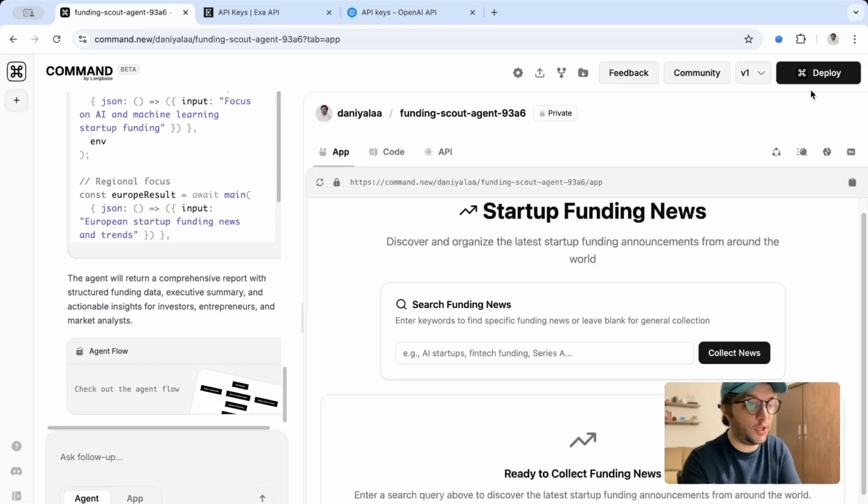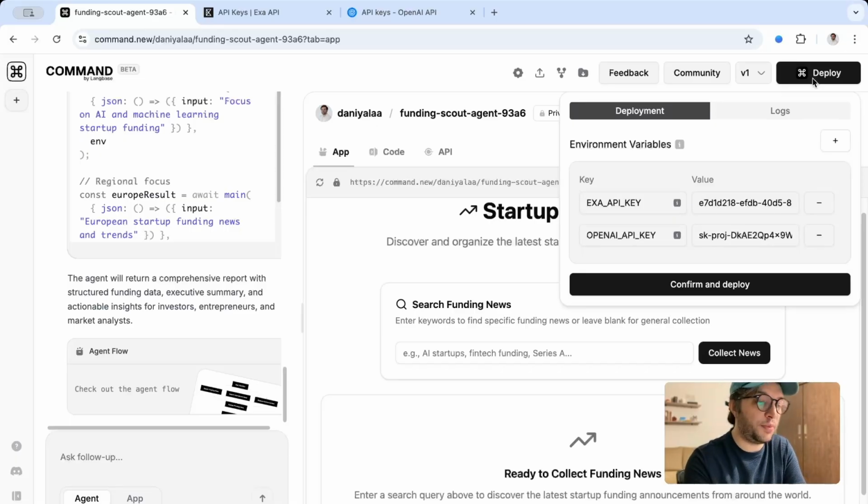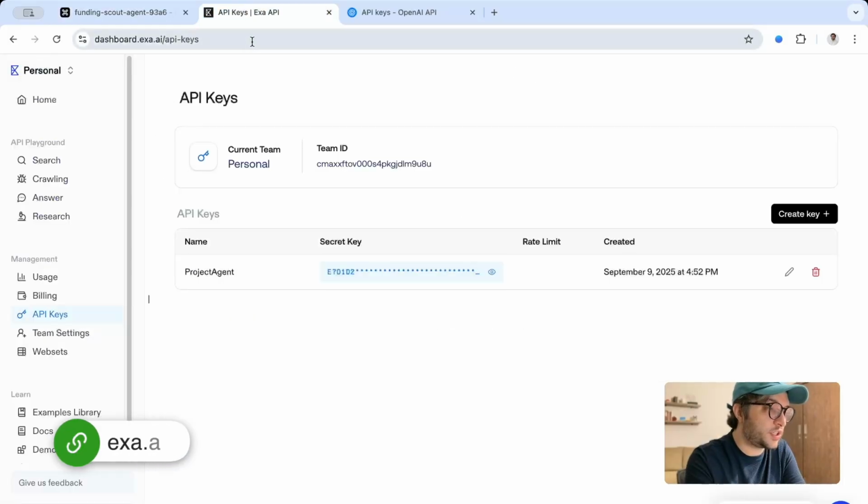Right before you are actually given your final product, you will have to hit deploy. And when you hit deploy, you'll be asked for two API keys. And for our use case, again, it's Exa and OpenAI. Exa is a great tool for search. So to actually get these API keys, you'll head on over to their website. For Exa, it's